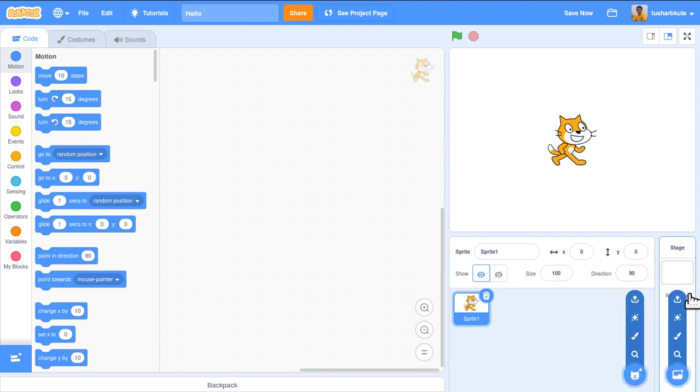And the last window appearing over here is called the backdrop. Backdrop means the background of this particular sprite. Currently the background of the sprite is pure white. If I want to change this background, which is called a backdrop in Scratch, I can change it with the help of this option.